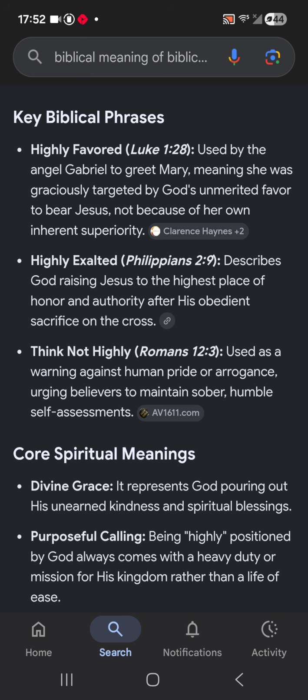Unmerited favor to bear Jesus, not because of her own inherent superiority. Highly exalted, Philippians 2:9, describes God raising Jesus to the highest place of honor and authority after his obedient sacrifice on the cross. Think not highly, Romans 12:3, used as a warning against human pride or arrogance, urging believers to maintain sober, humble